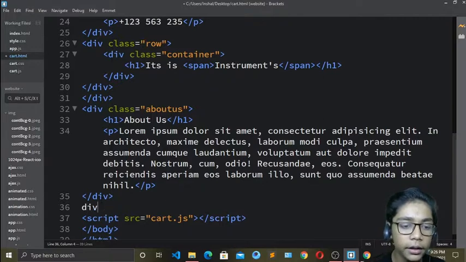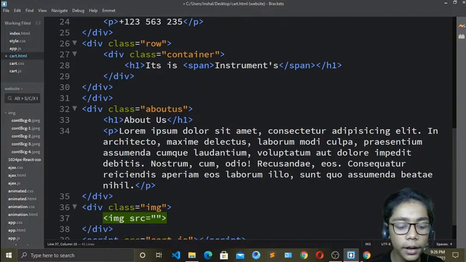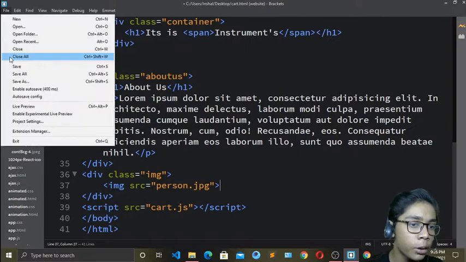Now come underneath that, and over here again define the div, and I will define dot image. Because now I have to define another image like I've shown you when I'm hovering on it. The border background was changing into yellow when I'm hovering on that, so it is coming to my image. So first of all I will write my image name. I will erase all this because I don't need it. Here you have to write your image name, which you have to take. My image name was person.jpg, so I will take person.jpg. And now when you have done that, save again.